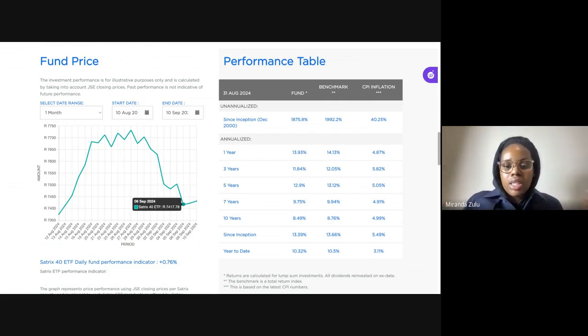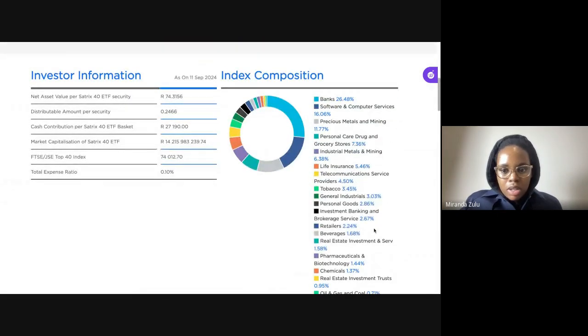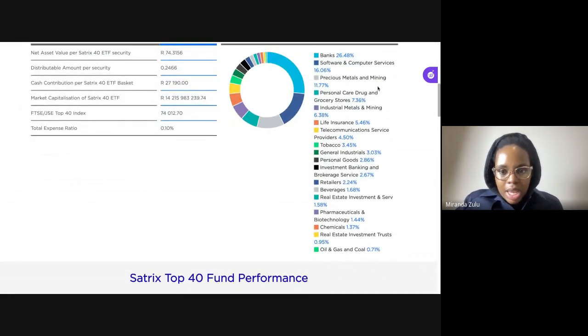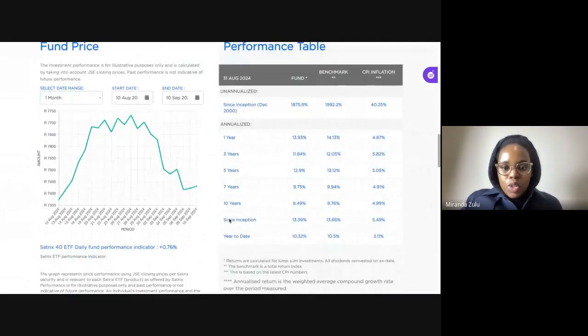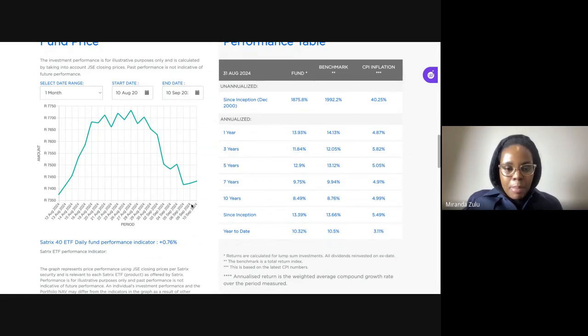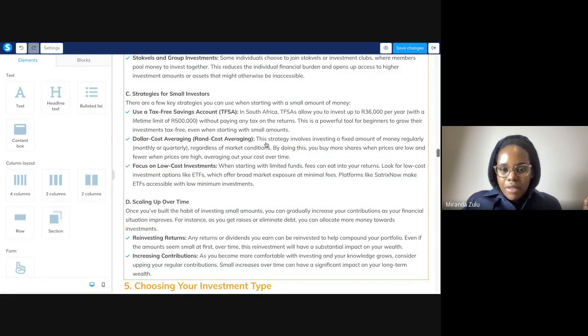And that's why I like ETFs. It takes away that work for me. The fund is already built in. It's already created. There it is. I'm buying a stake in each of these industries and each of these companies in the top 40 companies. That's all I need to do. And because I want to own that ETF for a long time, I buy whether it's up or down, and that goes into the next point of dollar cost averaging or rand cost averaging. That's what I do.